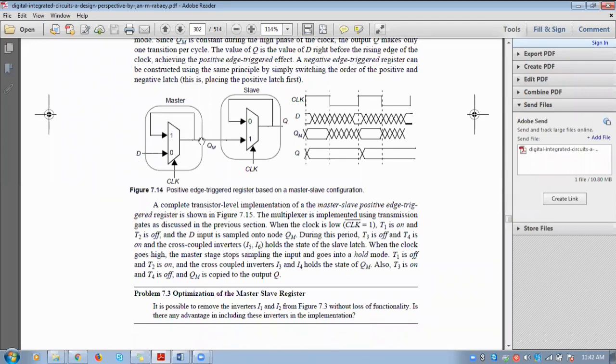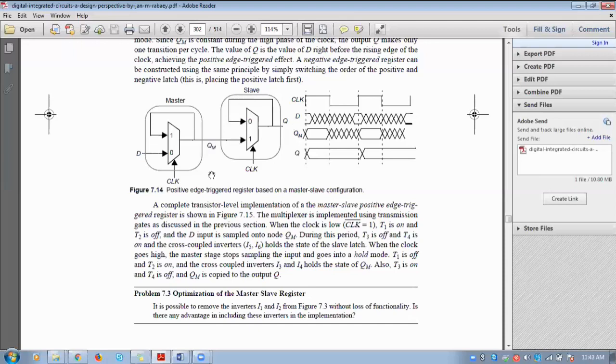Okay. So when I'm applying clock equal to 1, at that time this master is going to store the previous value of D, and the current value of D will be coming through this slave mode. So D will be directly coming to the output. So this is your transparent mode. Transparent mode is working based on the slave, right? That's why we are telling it as a positive edge. So when I'm applying logic 1, my D value is going to directly come at the output.